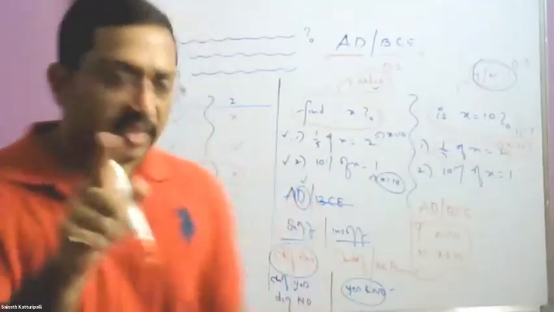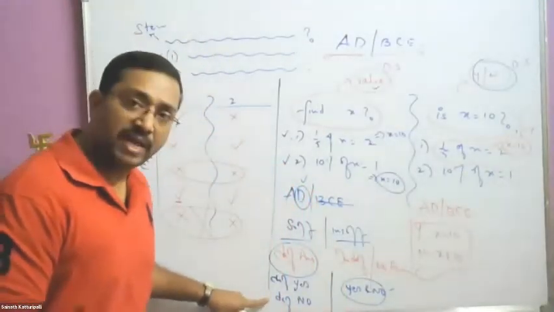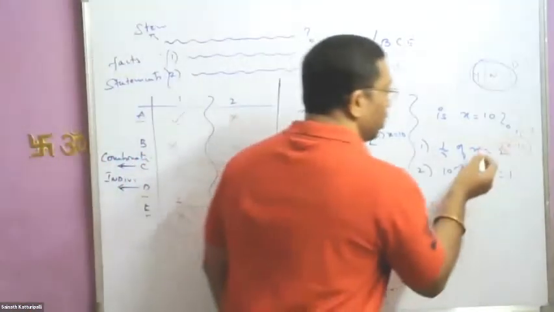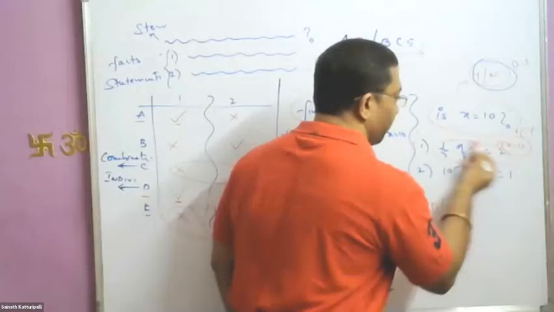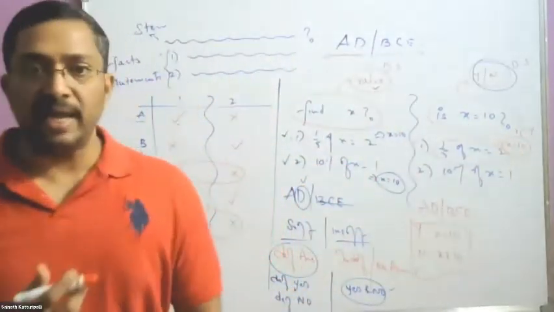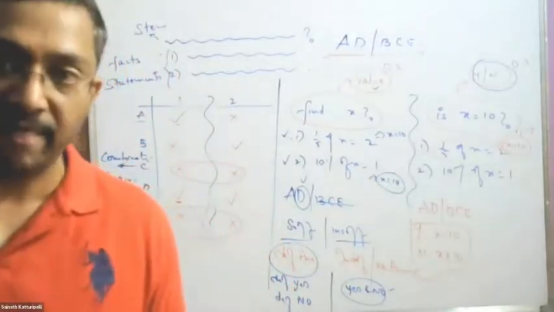Yes. Got it? But does this determine whether it's a definite answer or not? No, it doesn't determine. It does not yet. We still have to decide whether it's a definite yes or no. Now, what do you do? You try to disprove. Is there a way where we get x not 10 from the same statement? Do you see any chance of x being not 10 from the same statement?